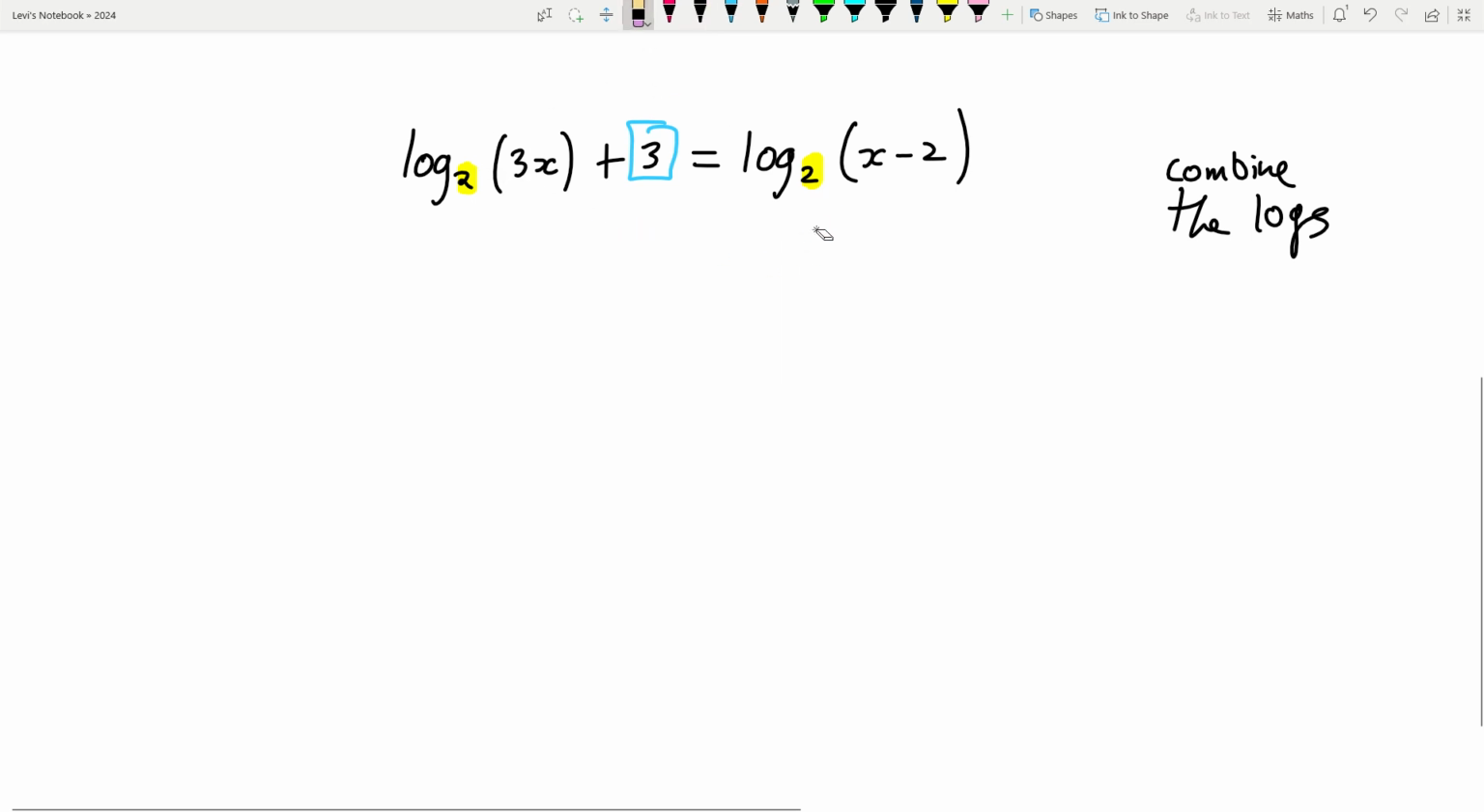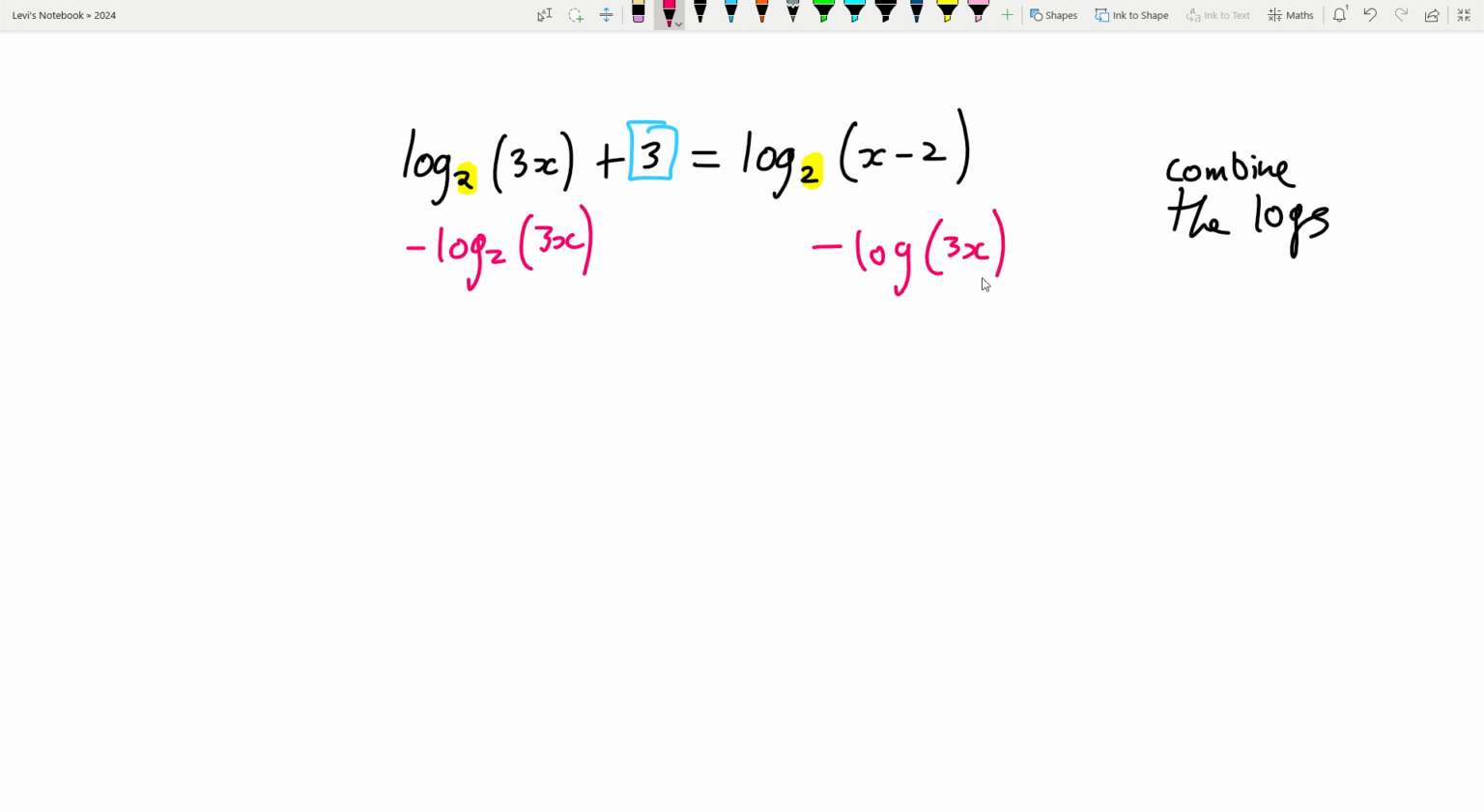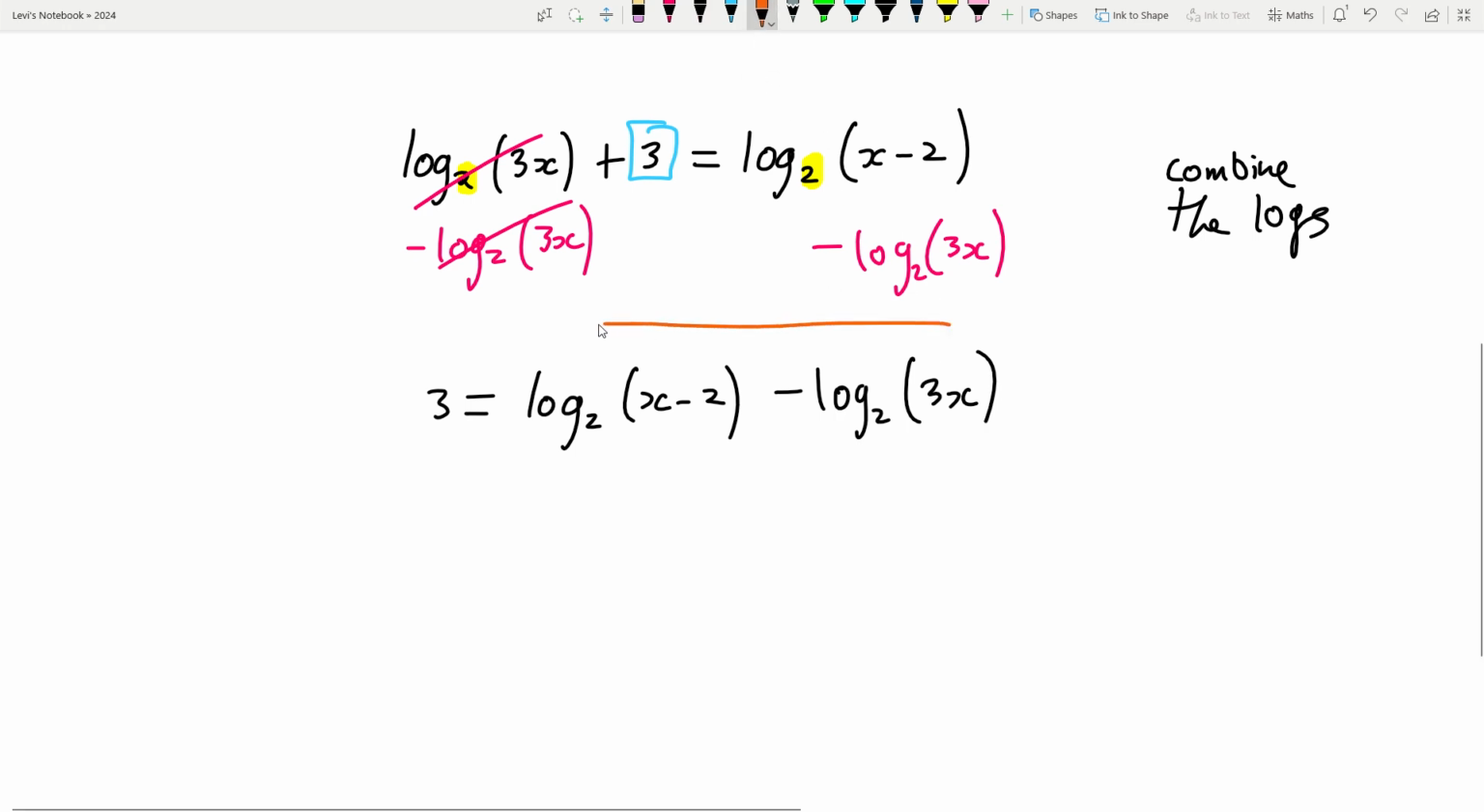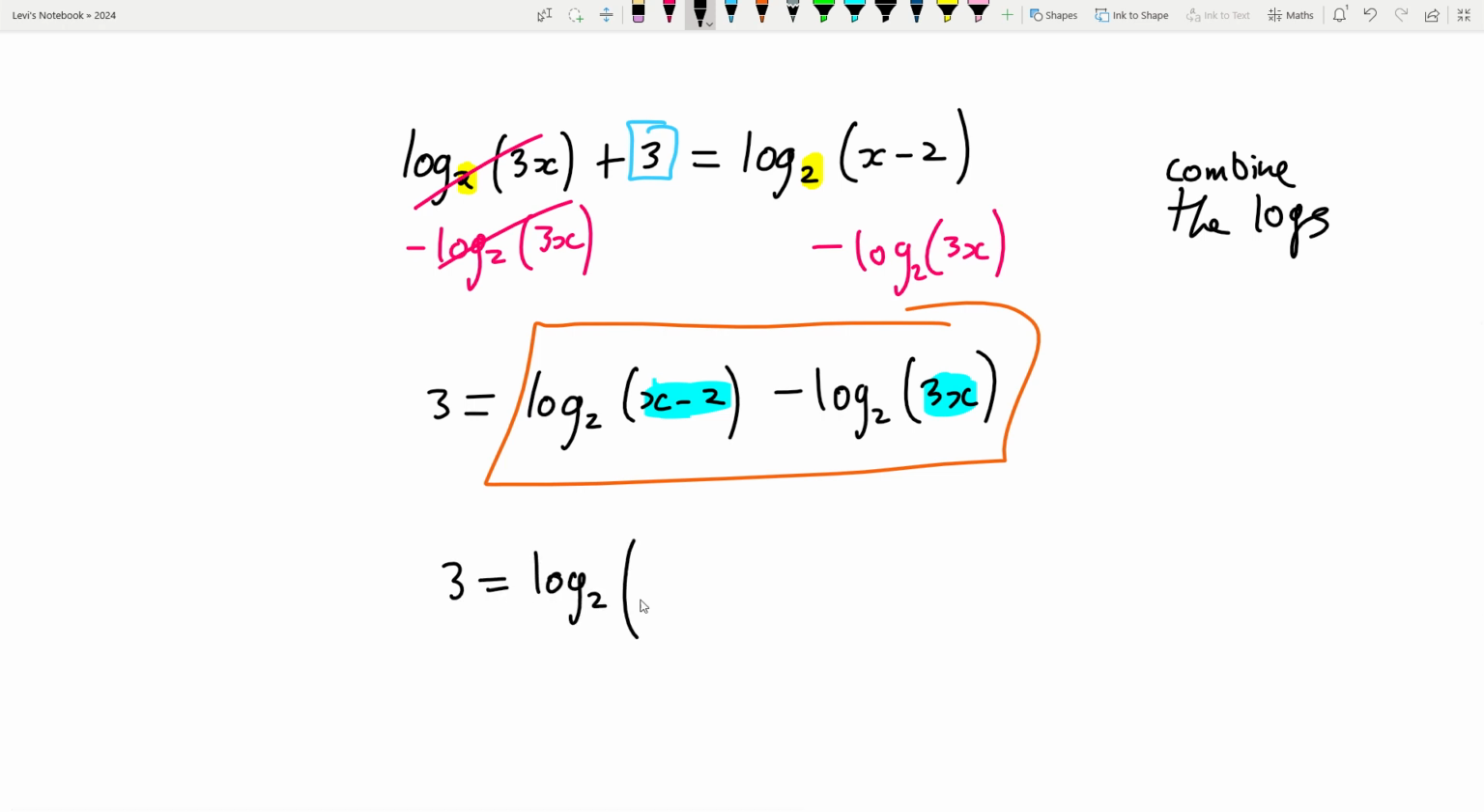So what we want to do is minus log base 2 of 3x off both sides of the equation, okay? So if we did, that cancels out. So on the left hand side you have 3, and on the right hand side you have log base 2 of x minus 2 minus log base 2 of 3x, okay? Now using our log laws, we know if we're minusing 2 logs, you can write it as a single log, but you have to divide by whatever's in the brackets here. So everything in orange here can be written as log base 2, and then it'll be this divided by this,